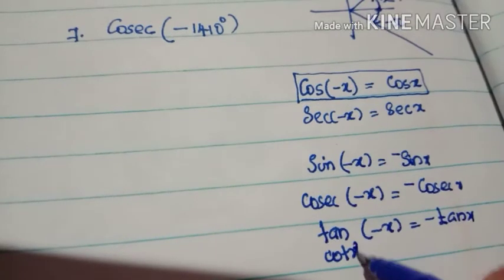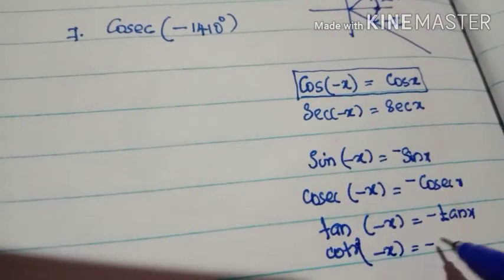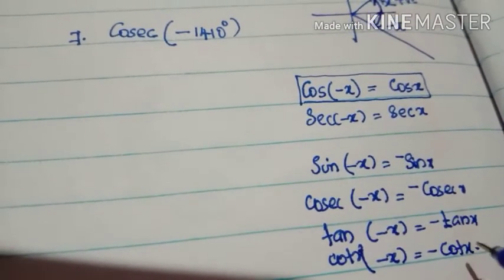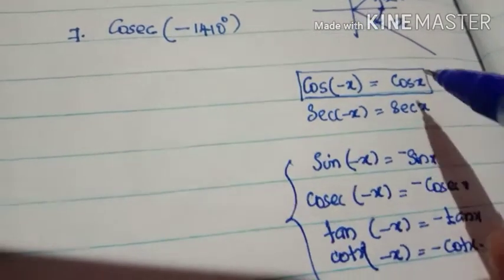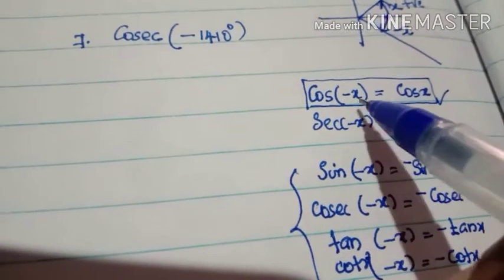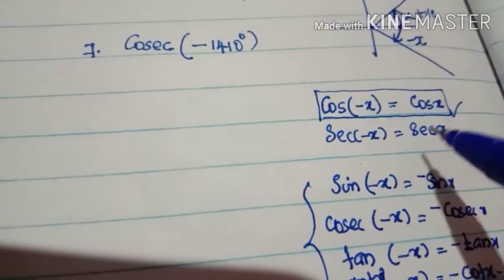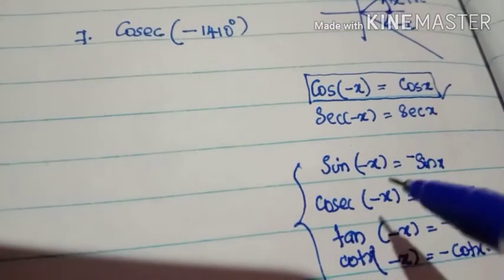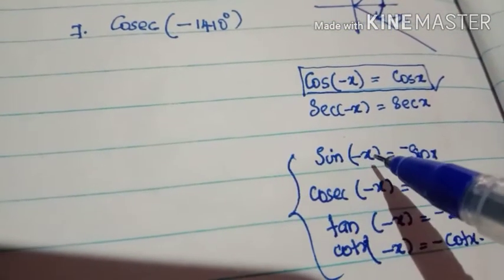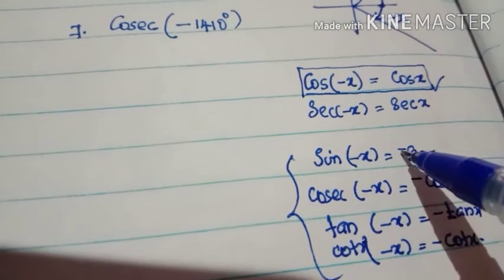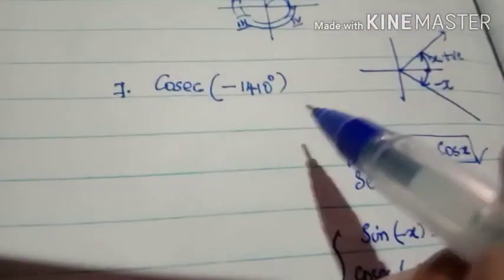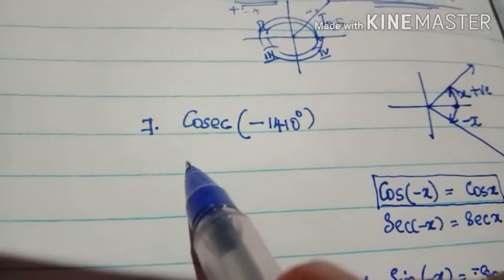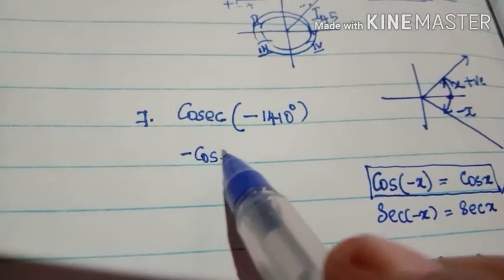And cot of minus x equals minus cot x. So you have to remember only this one, cos of minus x equals cos x. For all other trigonometric ratios, the ratio of the negative angle is equal to negative times the ratio. So this becomes negative cosec